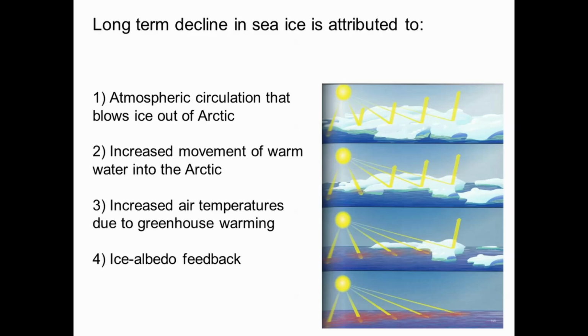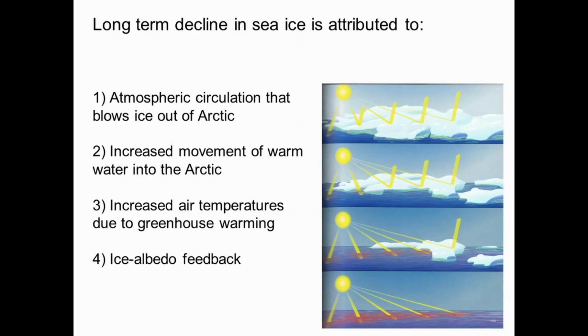And that's what's pictured here. What you see at the top, under normal circumstances, is sunlight comes in, a lot of that sunlight bounces off the ice, that radiation goes back out to space, and the Arctic stays pretty cool. As you start losing some of that ice, though, the ocean absorbs light really well. The ice reflects it really well, but the ocean absorbs it. And as you start losing ice, you start heating up the ocean. The ocean heats up, it makes it harder to form ice the next year.